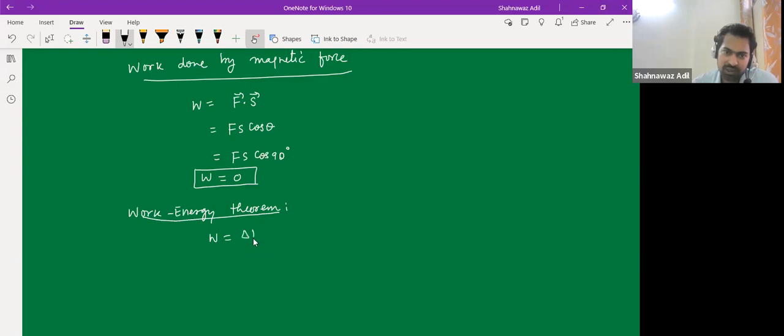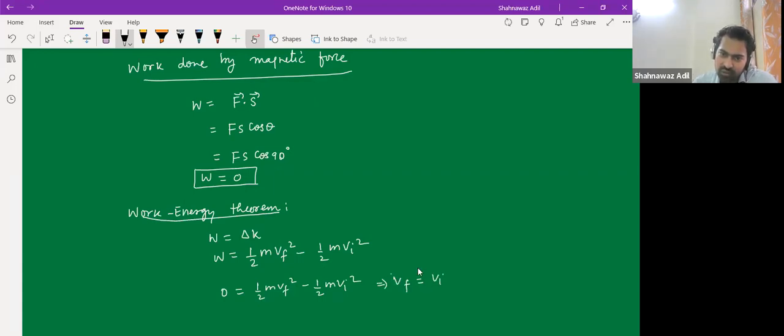Change in kinetic energy, which is half m v final squared minus half m v initial squared. So W is 0, which gives half m v final squared minus half m v initial squared. So it cancels and we have v final equals v initial. So this represents uniform